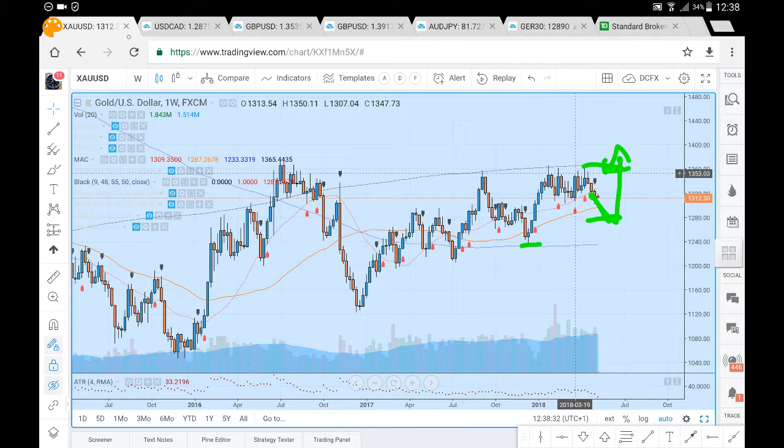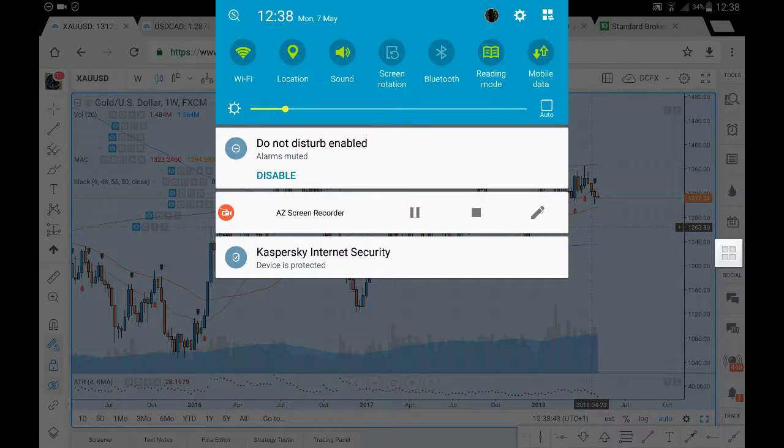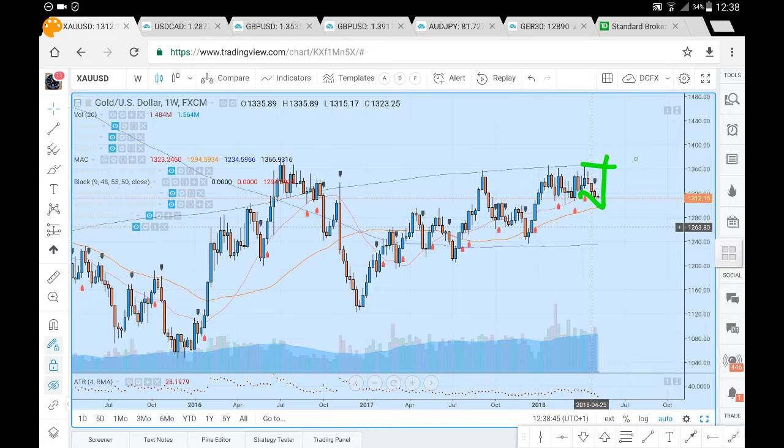the 400 period moving average here on the weekly time frame, which at present is currently sitting, let's have a brief look, in around that 1366 level, in around 1367. There is a possibility of going on to retest that level, and if we do break from there, we're looking for price to head up towards our 1375, our highs of 2016, beyond which we're looking for a move up towards our $1,400 an ounce level